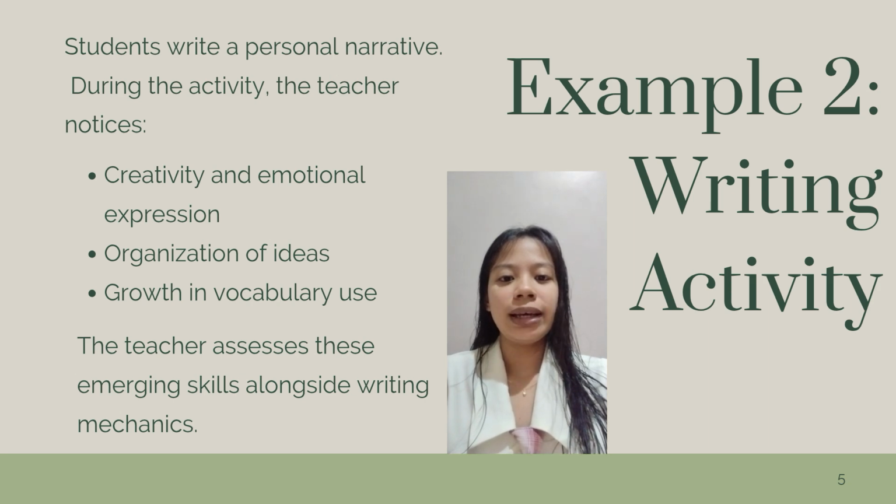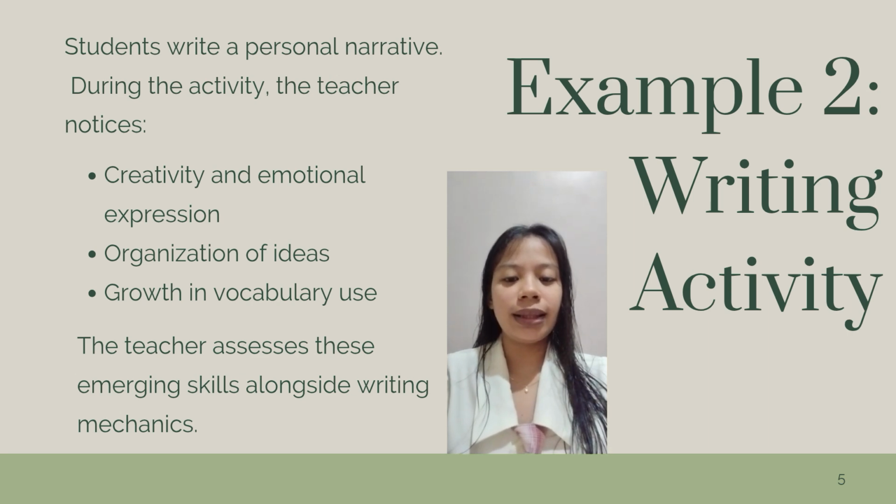Another example is a writing activity where students write a personal narrative. While checking the outputs, the teacher notices that some students show strong creativity and emotional expression, while others demonstrate improvement in organizing their ideas. These qualities are assessed as emerging skills, even if grammar and sentence structure were the original